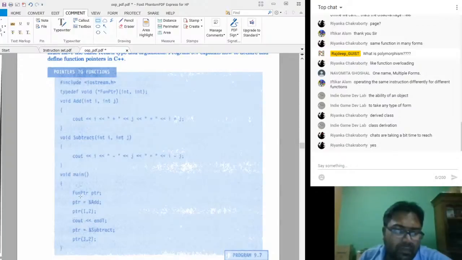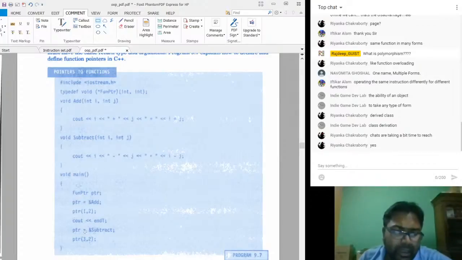So if you see here, funptr ptr is equal to &add, meaning they are assigning this function pointer to point to the add function. Next, ptr(1, 2): with this statement they call this particular add function, so it gets executed.